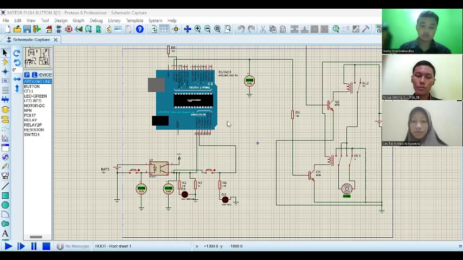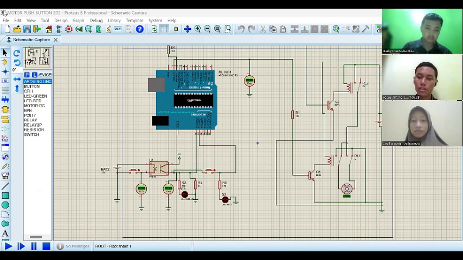In this simulation, we use several components, including the following main components. Number 1, Arduino Uno, which is a microcontroller development board that is popular in the world of electronics and programming.